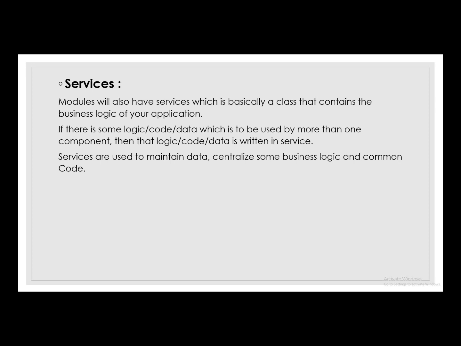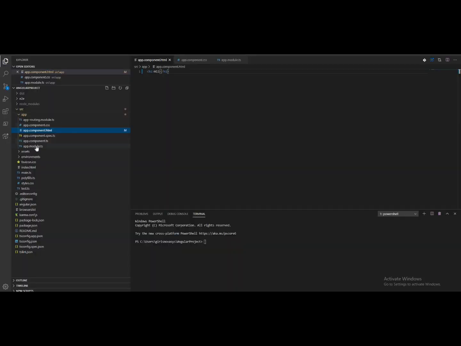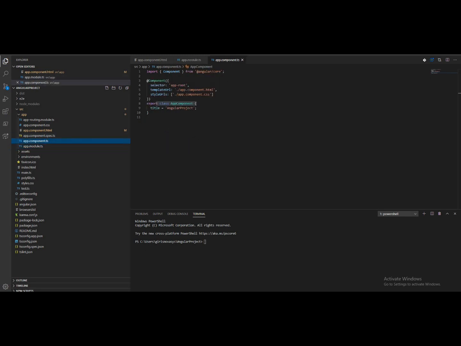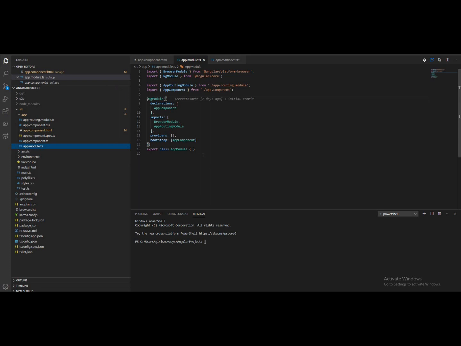By this understanding, we can say that an Angular application contains one or more modules. Each module contains one or more components and services. Each component contains an HTML template and a class to control the logic for that view. A module contains services, which contain business logic of the application. Modules interact with each other by importing and exporting, and eventually render the view in the browser.